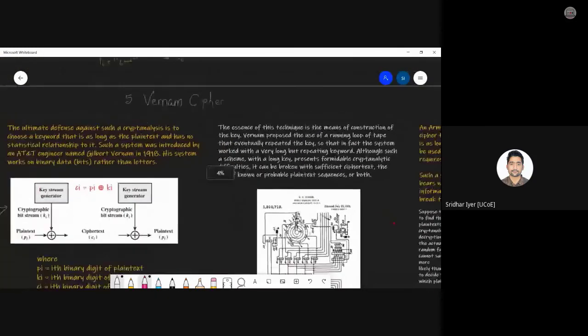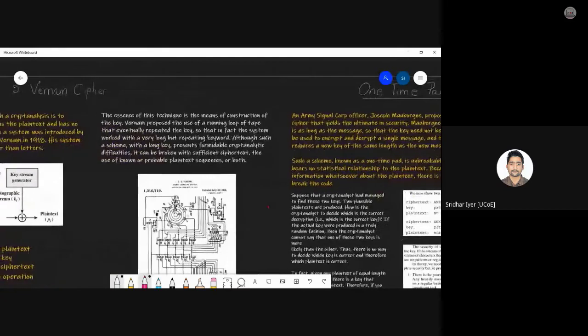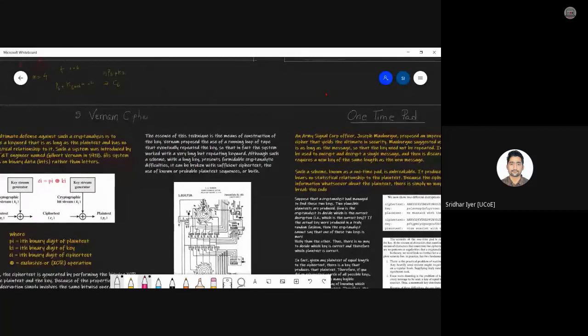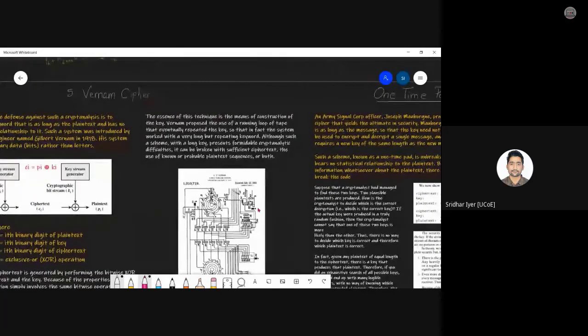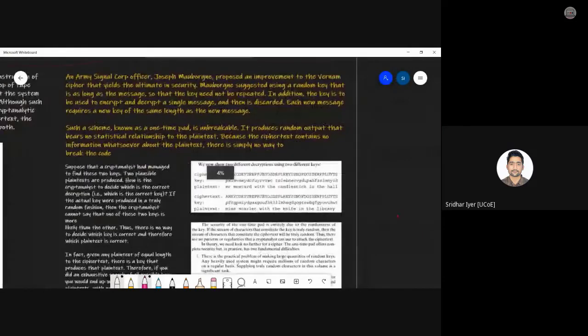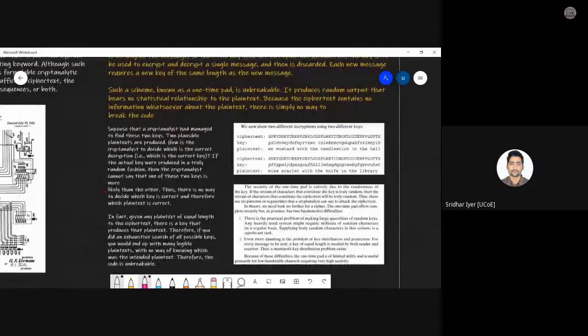I will quickly give an introduction of this application, which is called the one-time pad. Now, in the exam, you might be asked questions interchangeably. They can even ask what is one-time pad. They can even ask what is Vernam cipher. Both things are 99% the same. One-time pad can be thought of as an application of the Vernam cipher. The Vernam cipher came into existence, but there were a few drawbacks to this. To avoid that, the one-time pad came into existence. Fine. We'll learn about that much in the next lecture.